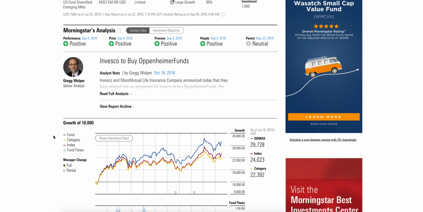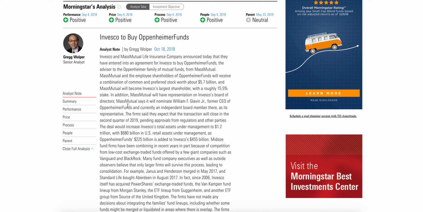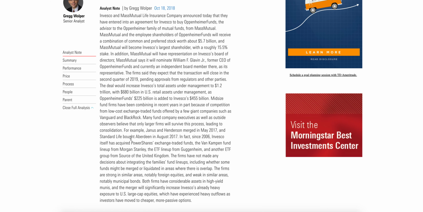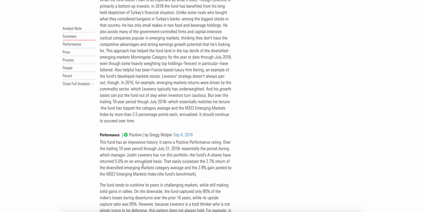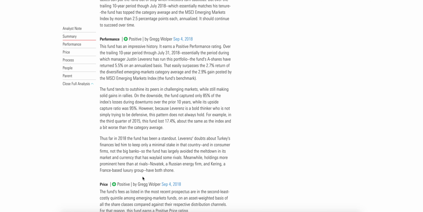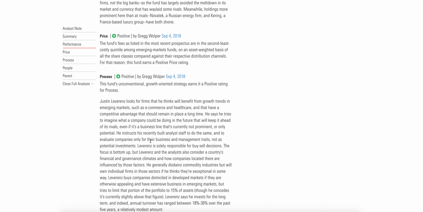It gives you some information here, who the analyst is. You can click here to read the full analysis, and it's going to tell you a lot about the fund. It's going to tell you a summary for it, what they think of the performance of the fund compared to their peers, what they think of the price, whether they think the fund is really expensive or really inexpensive, their process for choosing particular investments and